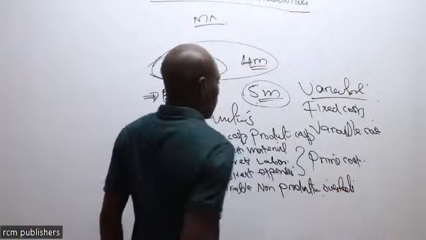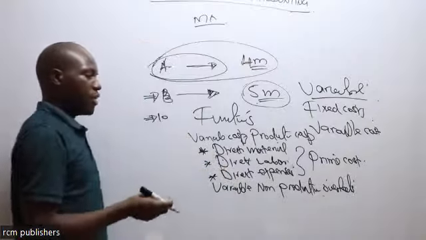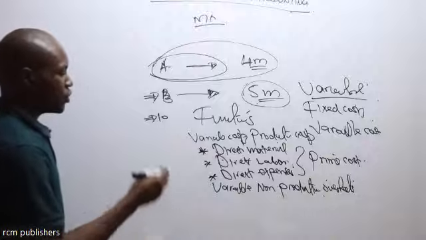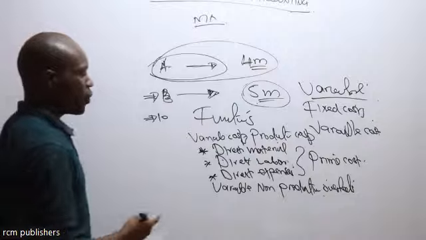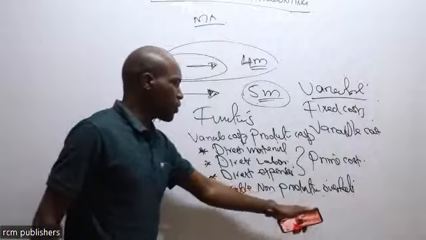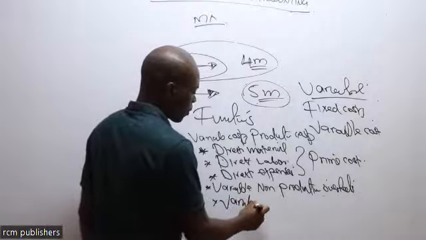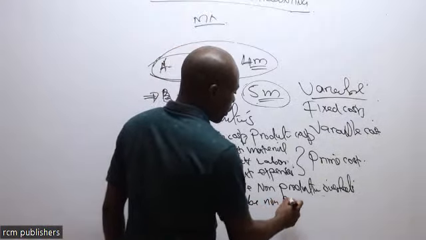They are not directly related to the goods, but they vary with an increase in the quantity of goods produced. We are going to look at them. After looking at the variable production overheads, we are also going to look at what we call variable non-production